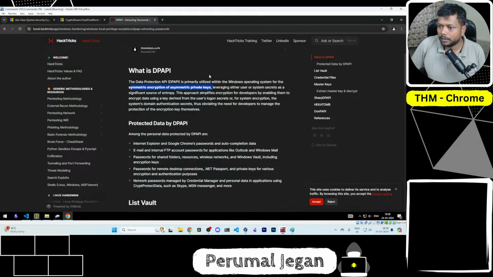And here is the definition. That private key has to be safeguarded, and to safeguard the private key, DPAPI gives its master key. And an important point here: there is also a backup key for the master key. If a backup key or master key is compromised in any cyber attack, then you may assume